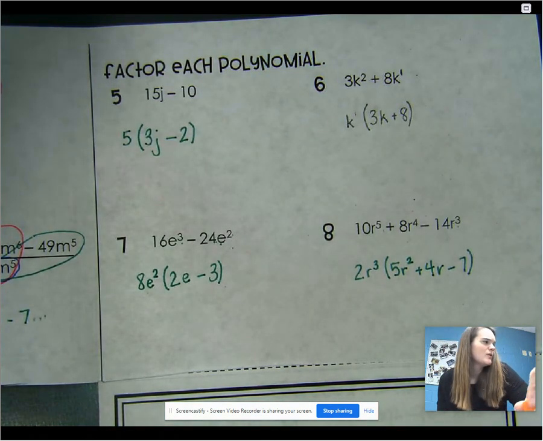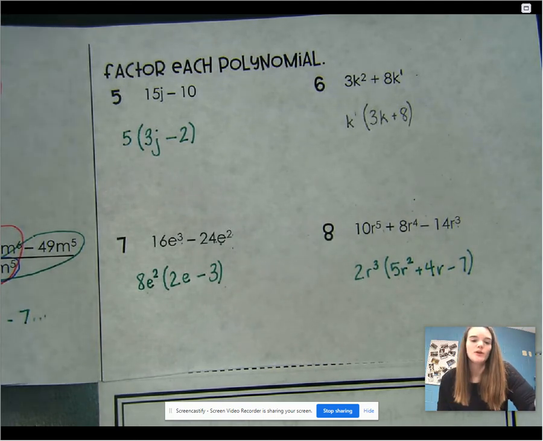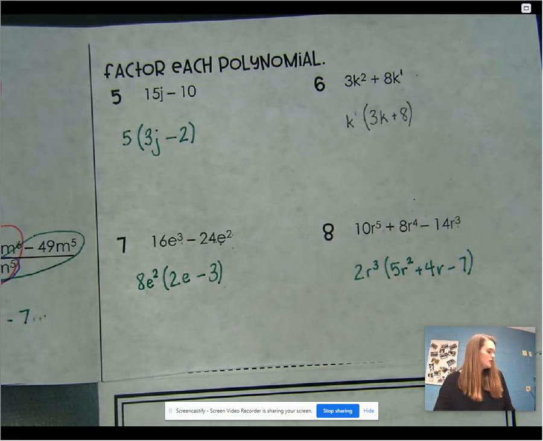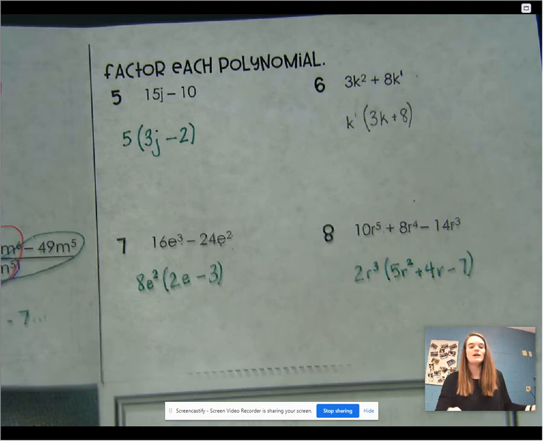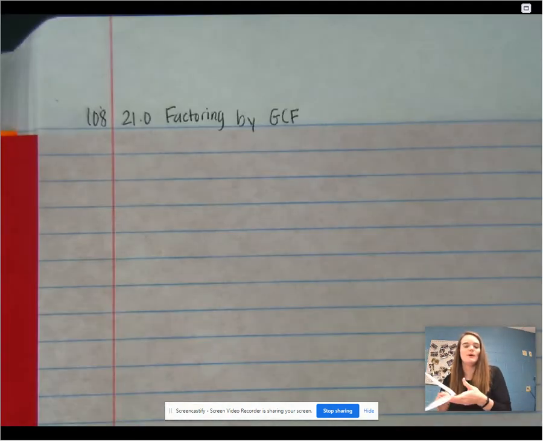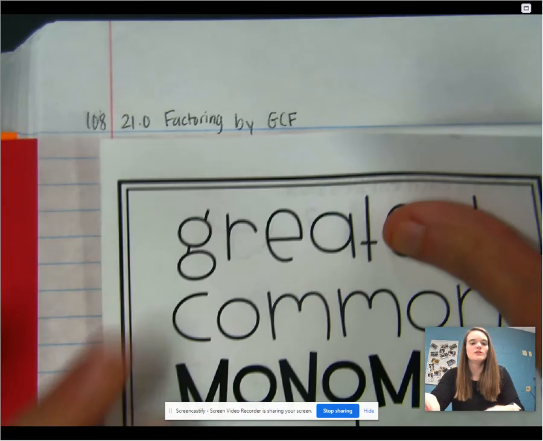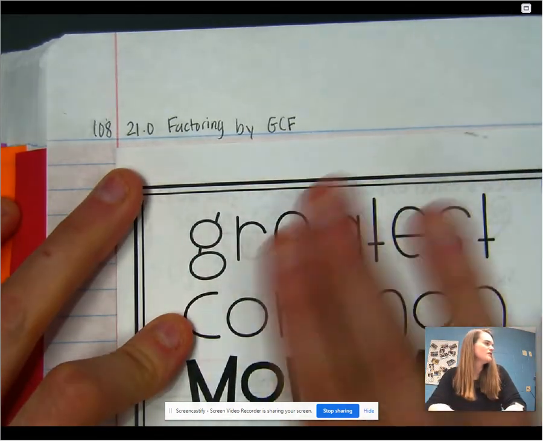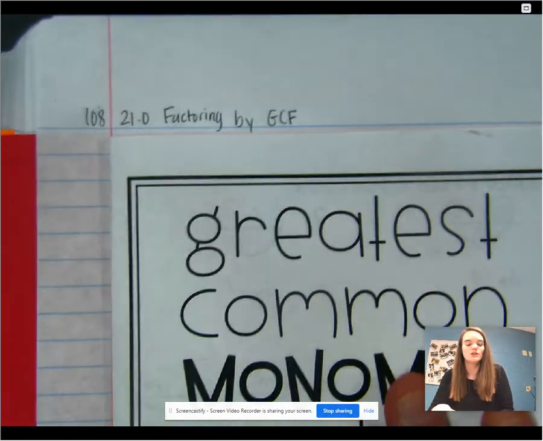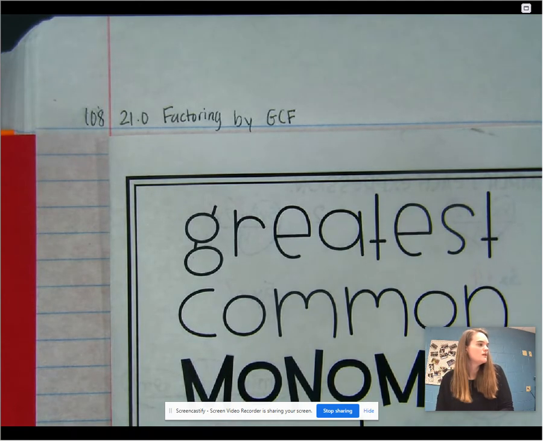Okay, so that is what we are doing. The opposite of the distributive property. We're taking something out. We are dividing. We are going to do the bottom portion of this in the next video. But for now, we're going to glue this in and do a couple more examples. So this goes glued in on page 108. We'll do the bottom in the next lesson. So glue this in on 108. We'll do the bottom portion in the next